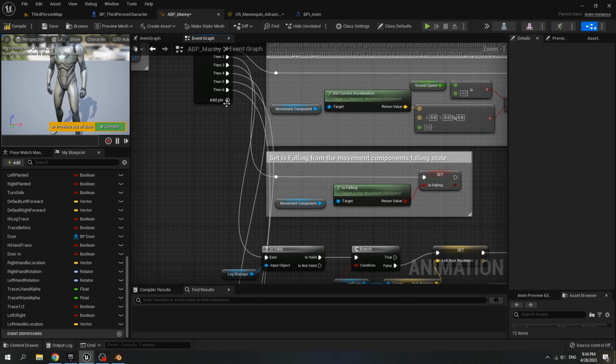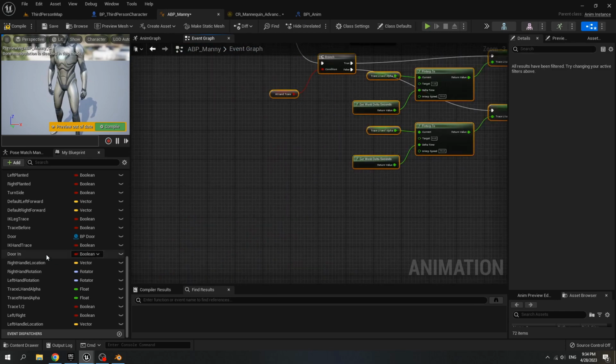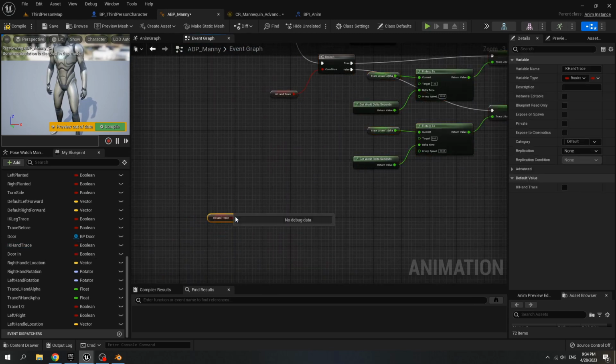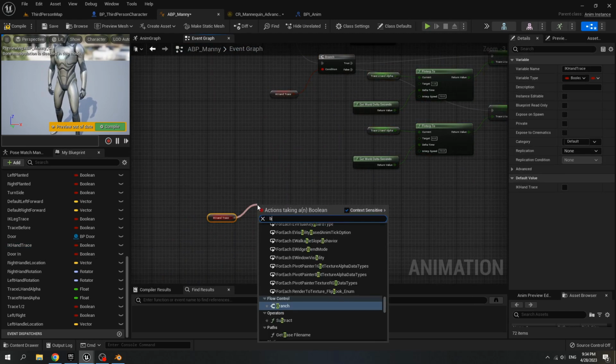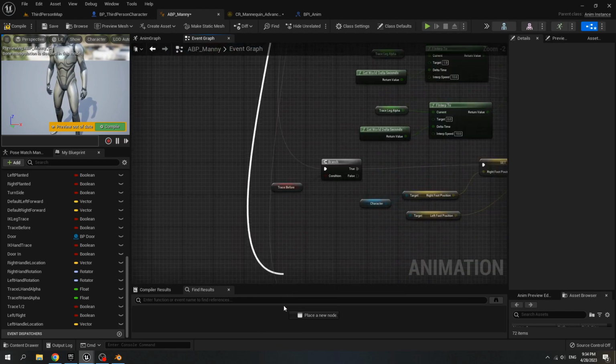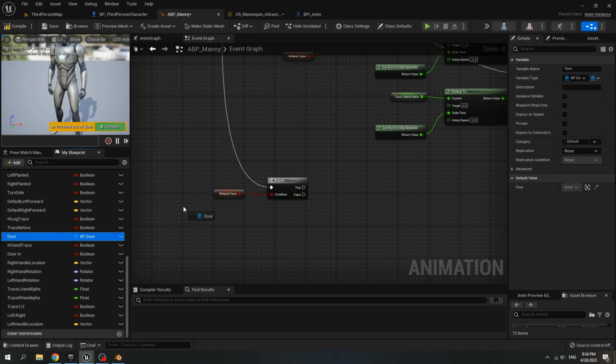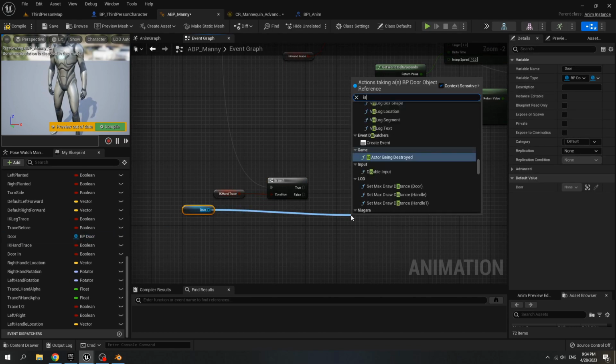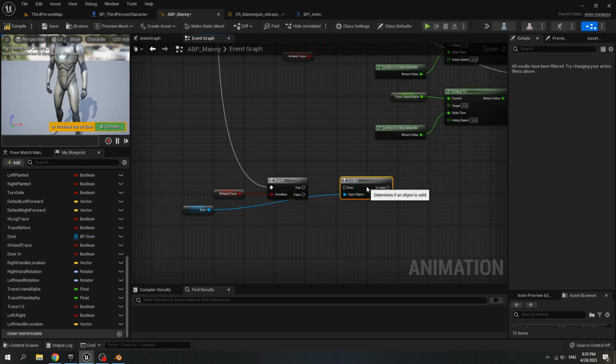Then add pin to the sequence, get IK hand trace and create a branch, connect to the sequence, and get door, call is valid and connect true to the is valid.